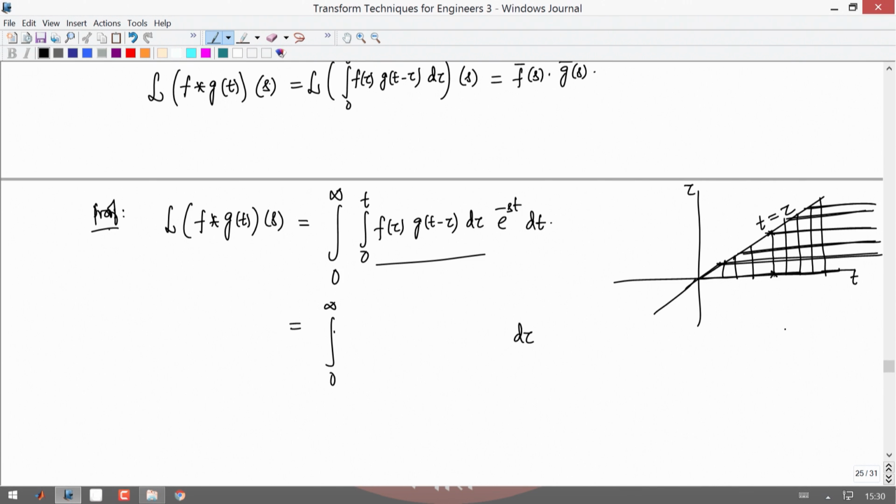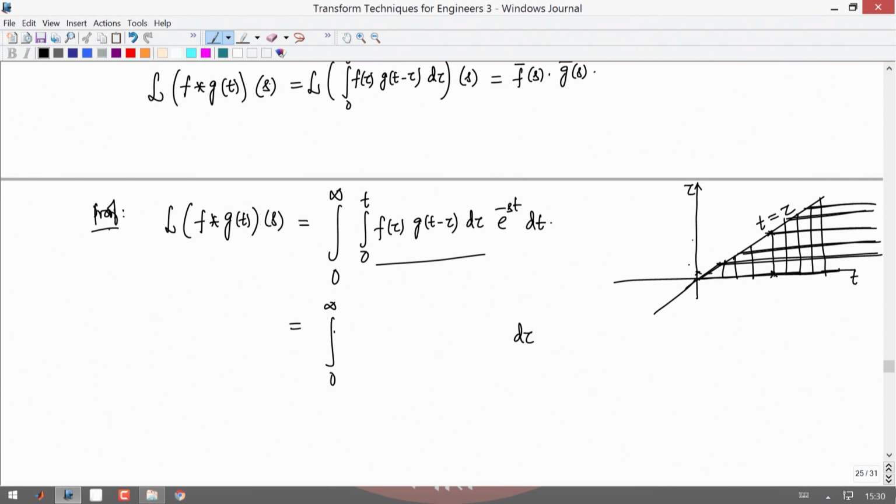basically d tau, that is tau is from 0 to infinity. Where you are fixing? Any one of these places, every place tau is fixed. So, here I fix the tau. If you start with here, I fix the tau here. So, in any case tau is 0 to infinity. So, 0 to infinity d tau,